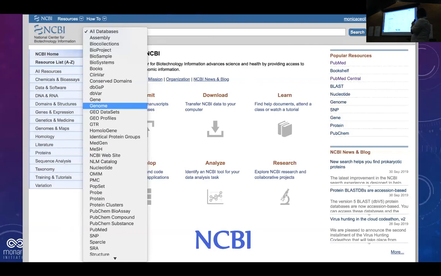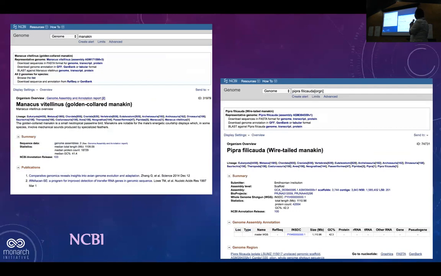database. So this is just the homepage for the NCBI. If you went to the homepage and clicked on the tab that says genome when you are trying to look for a database and enter the word Manakin, unlike Pipra, NCBI will actually just directly send you to Manakin Genomics. So if you're looking for Pipra, you have to go look for it a different way. I actually have to type in Pipra. A little bug of an over-aggressive search algorithm. But anyway, so on the left,